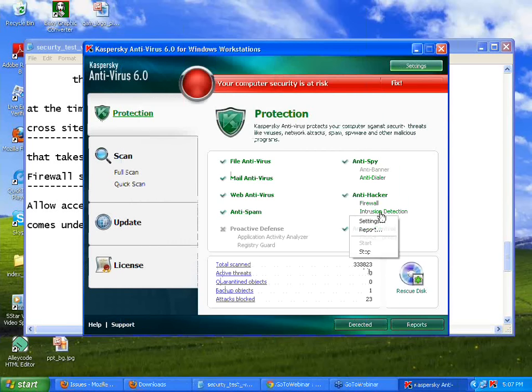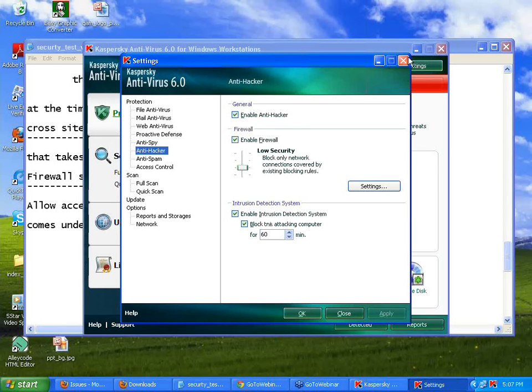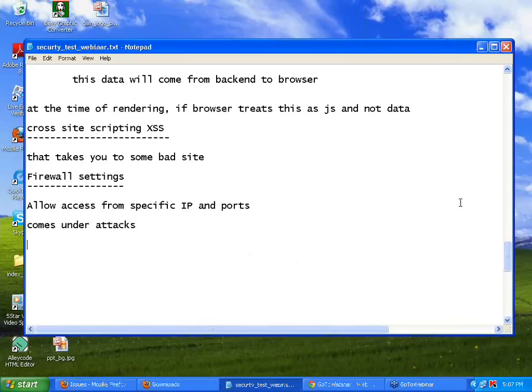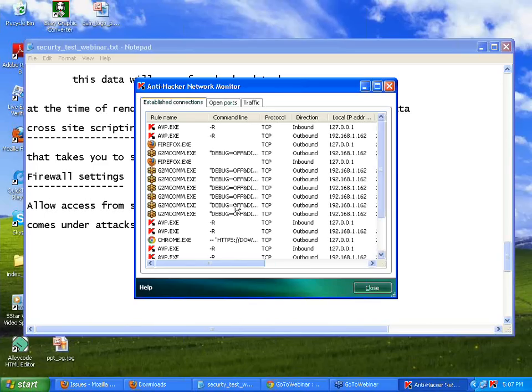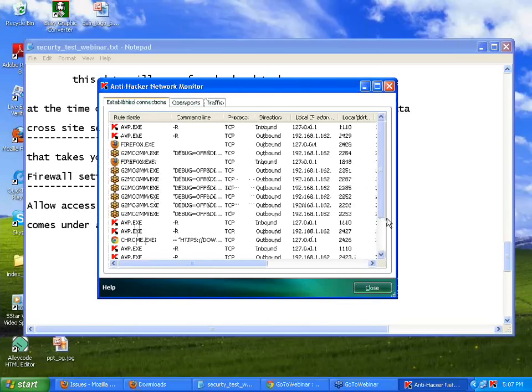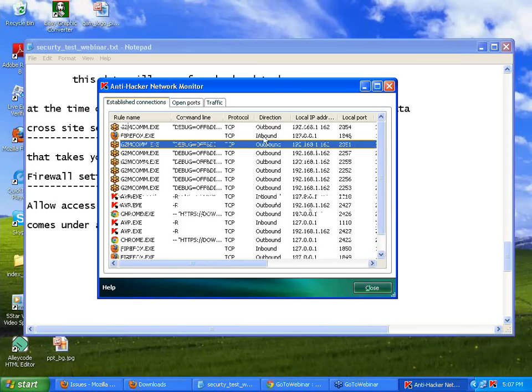Now, if you go to intrusion detection settings, right? So, for example, sorry, one minute. I will just close this. Right click. There is something called network monitor. Okay, watch over here. This is a major thing, especially against attacks. You can always see, right, Firefox through the TCP protocol is accessing this IP address, is accessing this port.